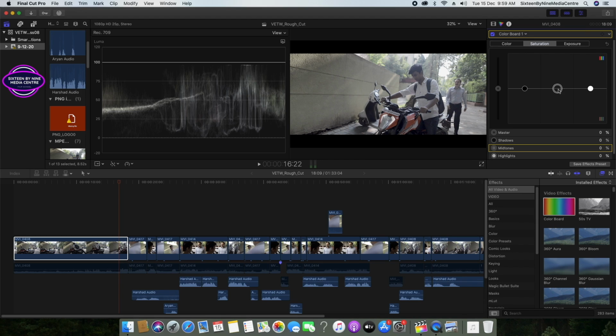Let's see, if I just do the saturation, only the face parts and other parts are getting saturated. Saturated means amount of color. Whatever we shot, the color will be revealed more. There will be more amount of color in the saturation. This is desaturated. You can see all the midtones are desaturated. It became black and white. So this is the master. If we increase this, it is a bit saturated. You can see the color here. It is not just brightness, but the saturation is also coming. Okay.